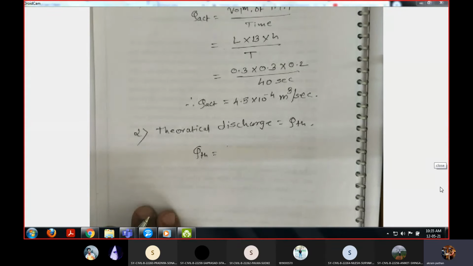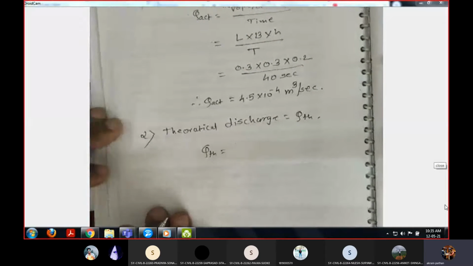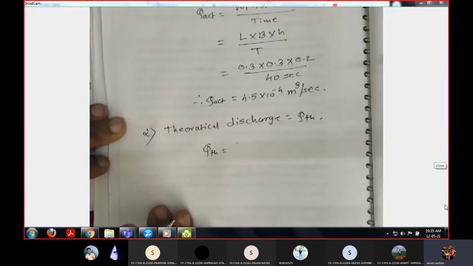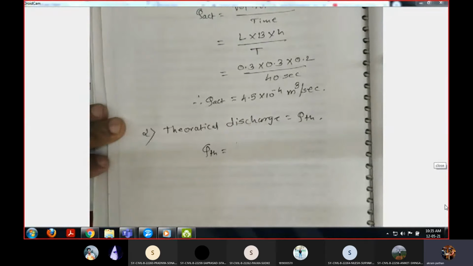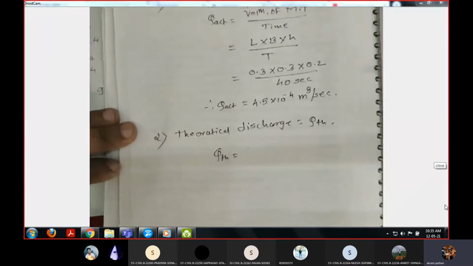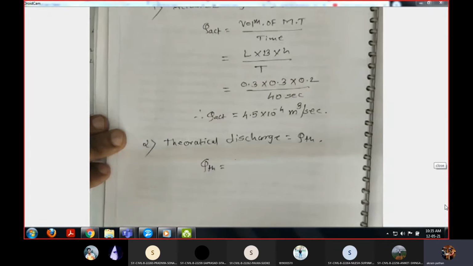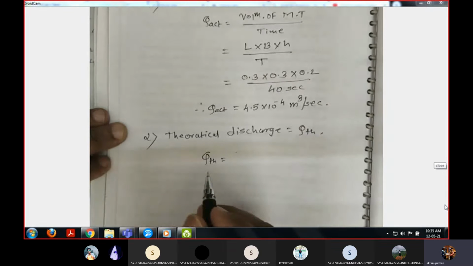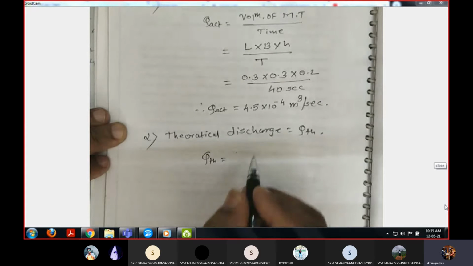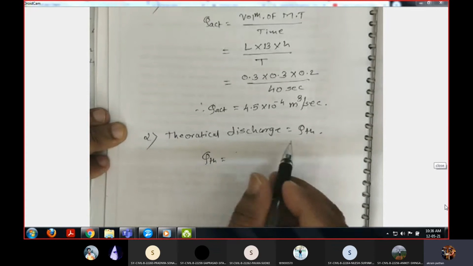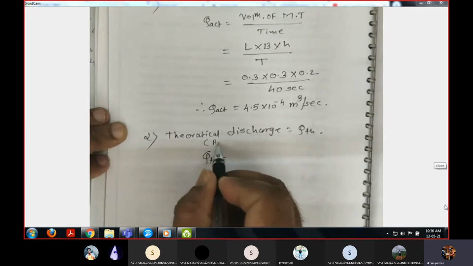Anybody unmute yourself and tell me. काय फॉर्म्युला आपण काढलेला आहे रेक्टँग्युलर नॉच साठी? बोला, काय फॉर्म्युला आहे? आता theoretical discharge rectangular,